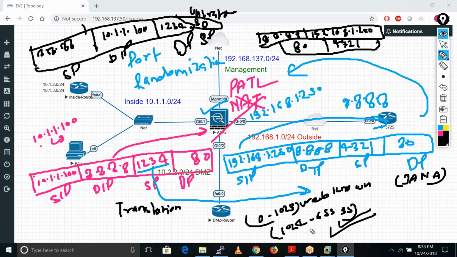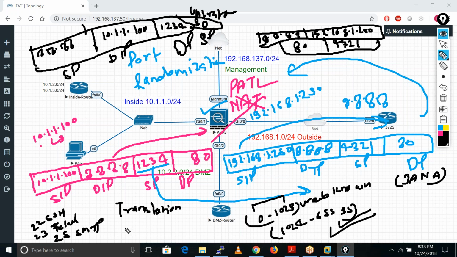These are the ports which everyone can use, because maybe on some of these ports you are running services. For example, we use port number 22 for the SSH service. We use port number 23 for the Telnet service, right? We use port number 25 for the SMTP service.